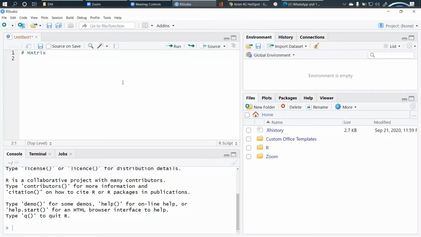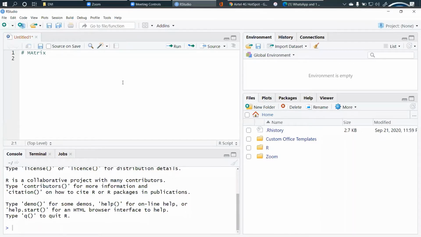Basically, a matrix looks like an array that we have studied in the last session, but a matrix will be a rectangular data set. It is created with the help of vectors, which we used in our last session. We use the matrix function, as we used the array function, to create a matrix, and there are several operations which can be performed on a matrix, such as arithmetic operations. So addition, subtraction, multiplication, and division can be directly performed on a matrix.